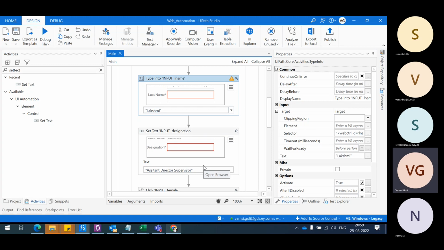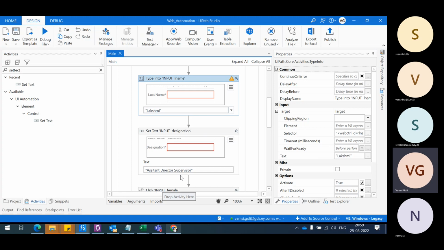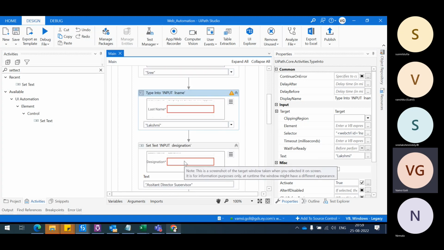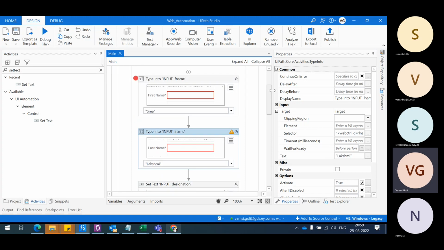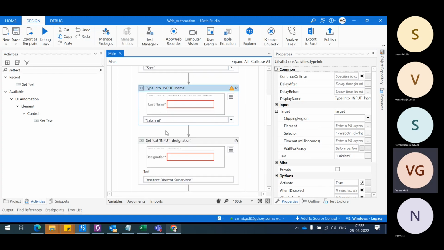If you're clear, I'll finally close with some important points. You should never give values like Lakshmi, Sri, assistant director, supervisor. As I told you in the beginning of our sessions also, these are called hard coded values. In your real time projects, you will not see values inside double quotes. Always give a variable, and then you can pass that variable inside it, so that based on what value you have in that variable, that value will be typed. So whenever you are practicing, instead of hard coding the values, try to give variables